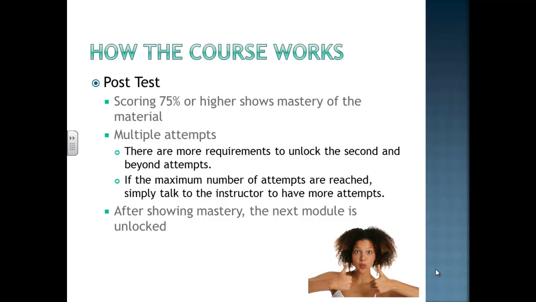If, and most of the instructors do this, if you score, let's say, a 72, 73 on a post test, I know me personally, I'll go in and look at your post test and see where I can find some points. There are occasions where the answer is 75.6. A student will put 75,6. They'll hit a comma instead of a period. The system is not going to identify that you made a mistake by a slip of the hand. We can go in and look at things like that. So again, we're always trying to find ways to help you. Work with us. Don't fight us. That's a losing battle.